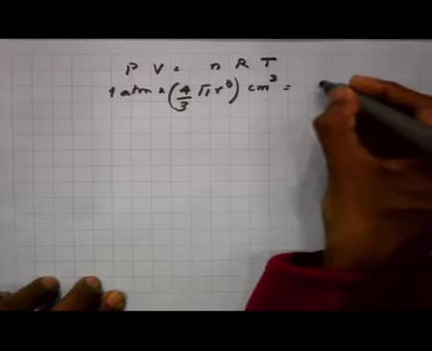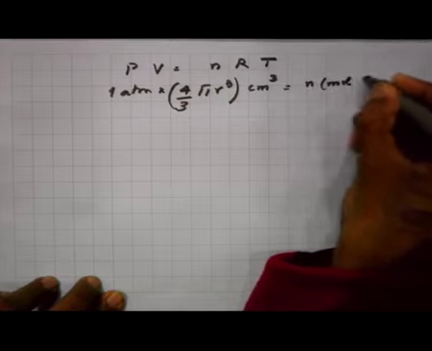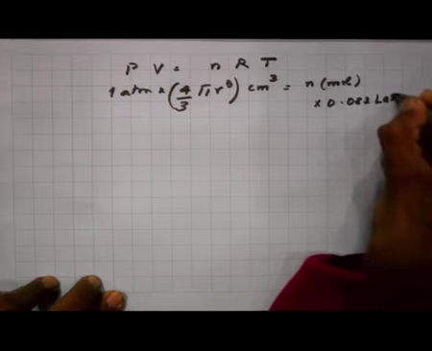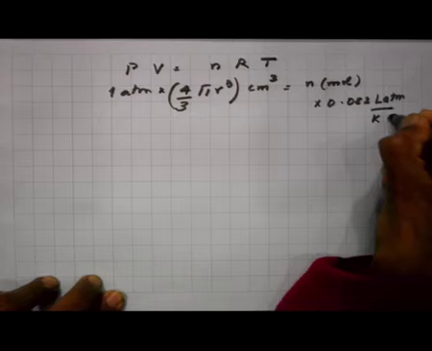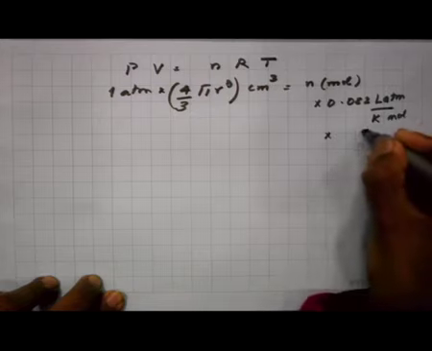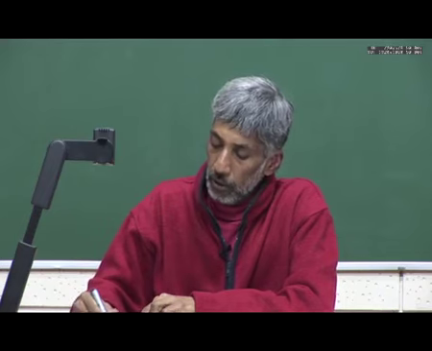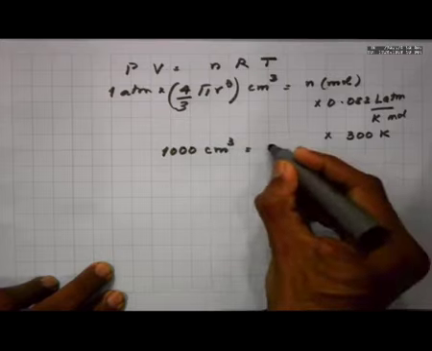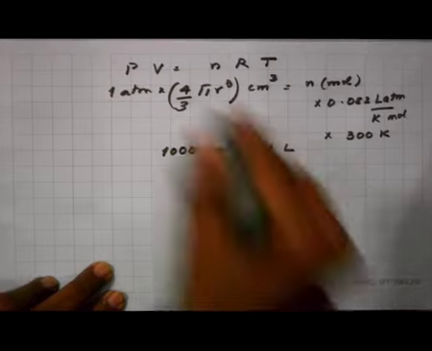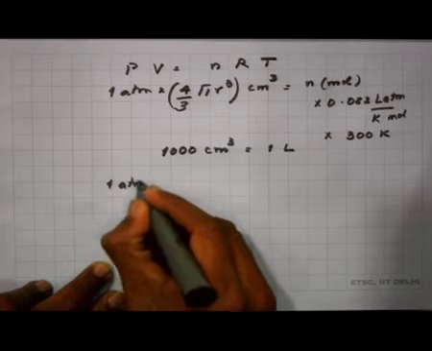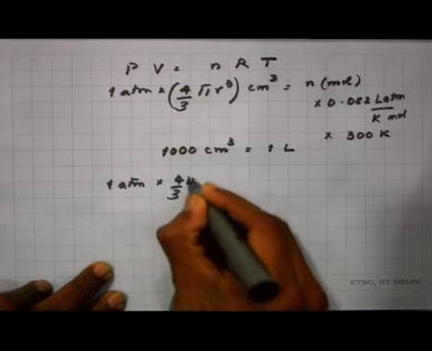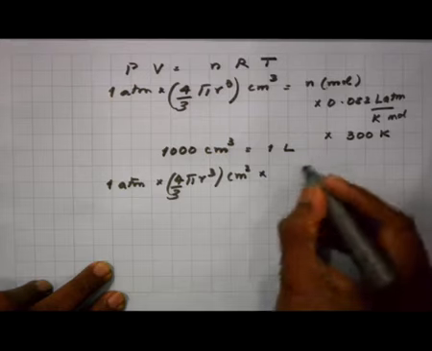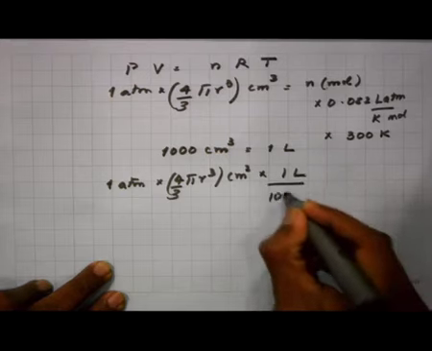PV is equal to n in moles into 0.082 liter atmosphere per Kelvin per mole into 300 Kelvin, and we know that 1000 cc's equals 1 liter. So, if you get this right, you will say 1 atmosphere times 4 by 3 pi r cube in centimeter cube, times 1 liter over 1000 centimeter cube